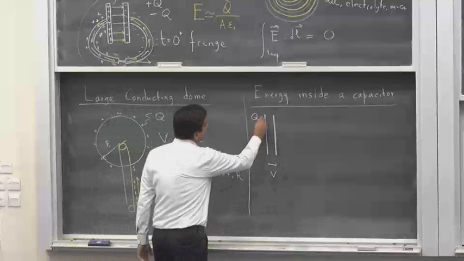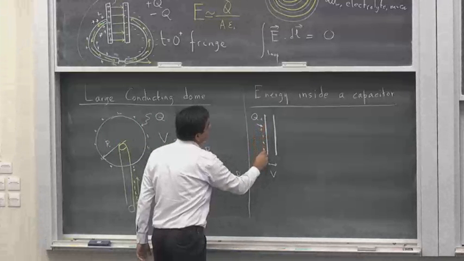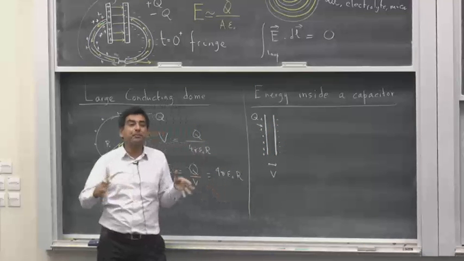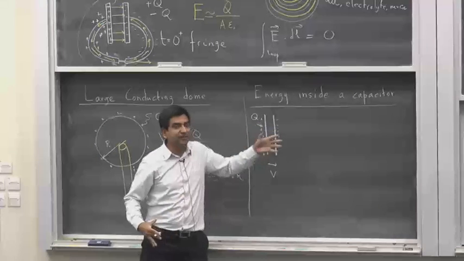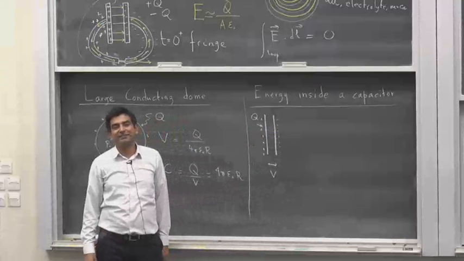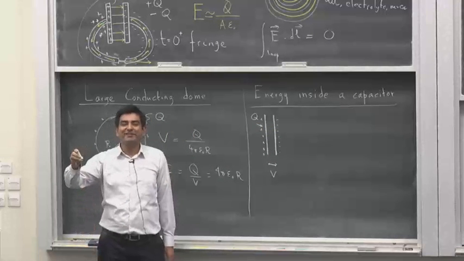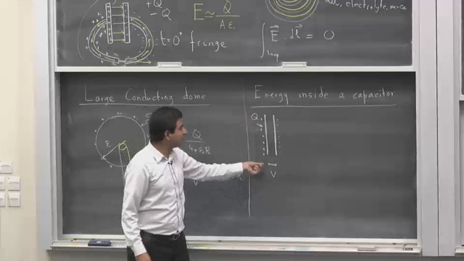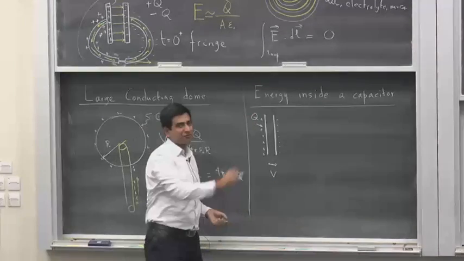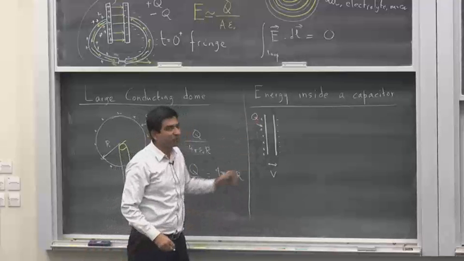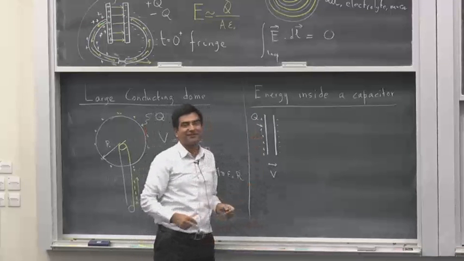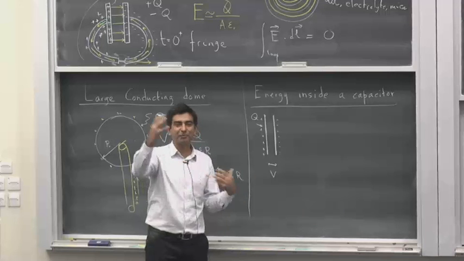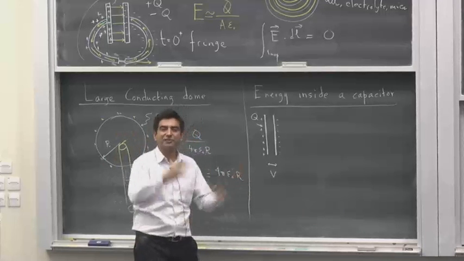So there's positive charge here and there is a corresponding amount of negative charge here. So this configuration has potential energy because there's an electric field. Now, how have I synthesized this charge? I have a positively charged plate and I bring more positive charge to it. It's like constructing a charged sphere. I have a charged sphere, I want to build it up, I bring more charge, I gradually deposit more charge